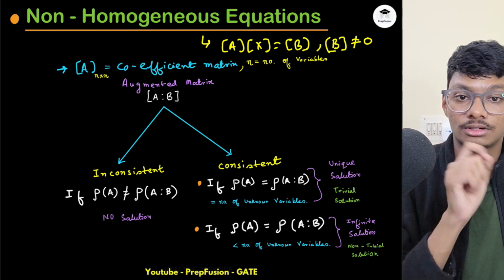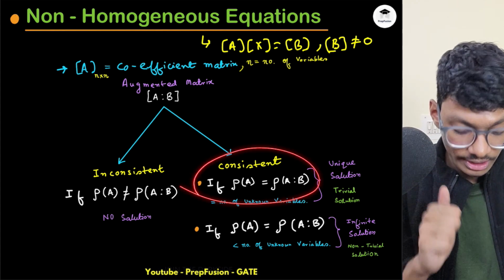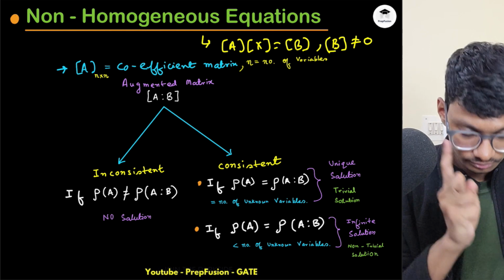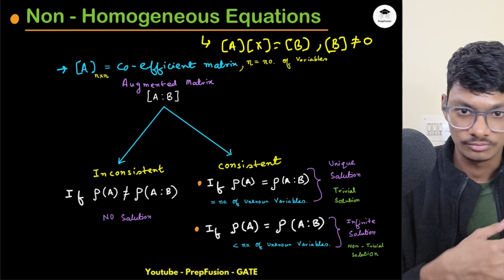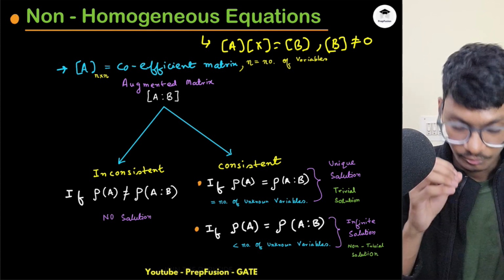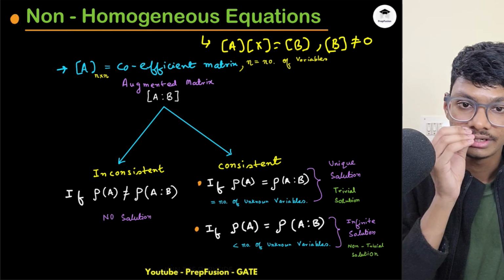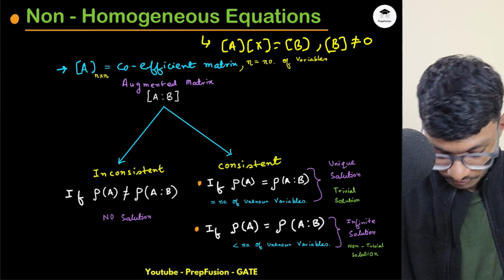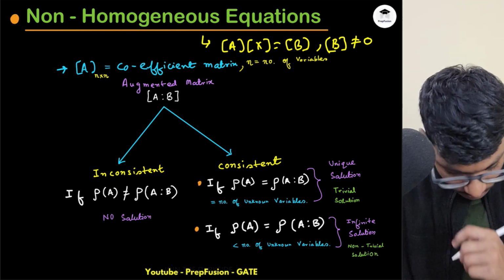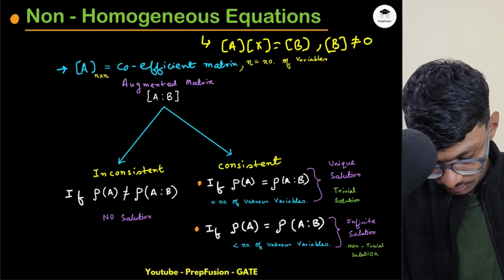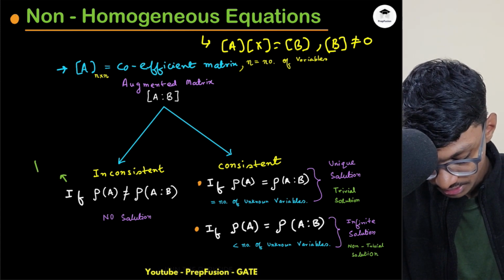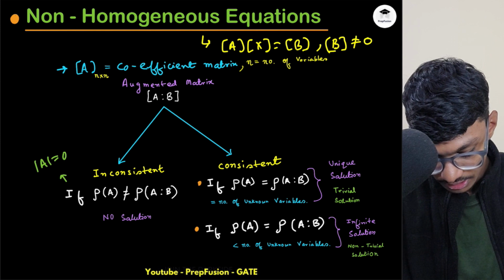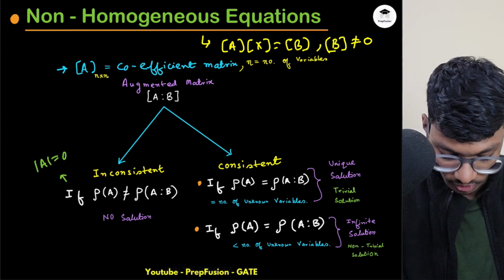But how can we conclude for sure that it will have a unique solution? So we can't. Basically, we have to check both, right? But one thing we can say is about the determinant of A. In the no solution case, the determinant of A is equal to 0, as rank of A is not equal to rank of [A:B],